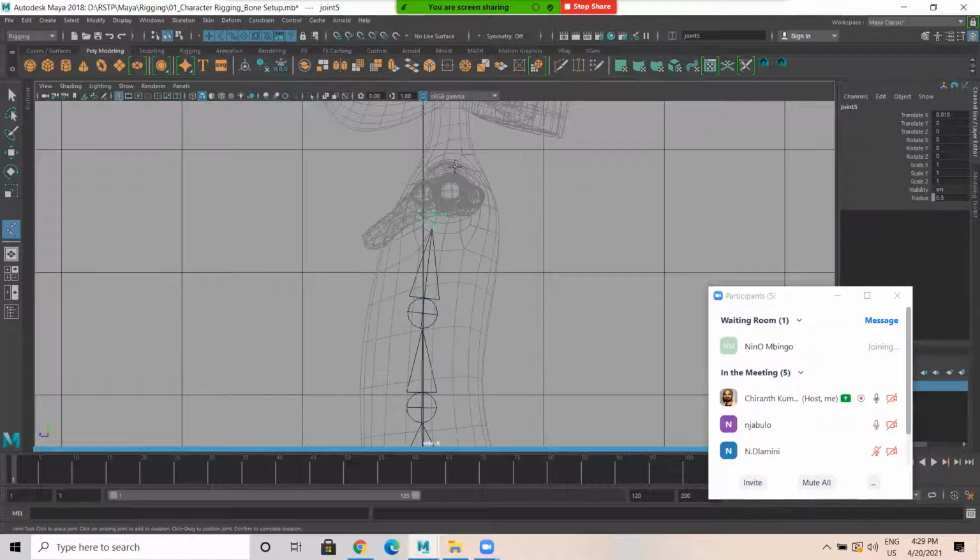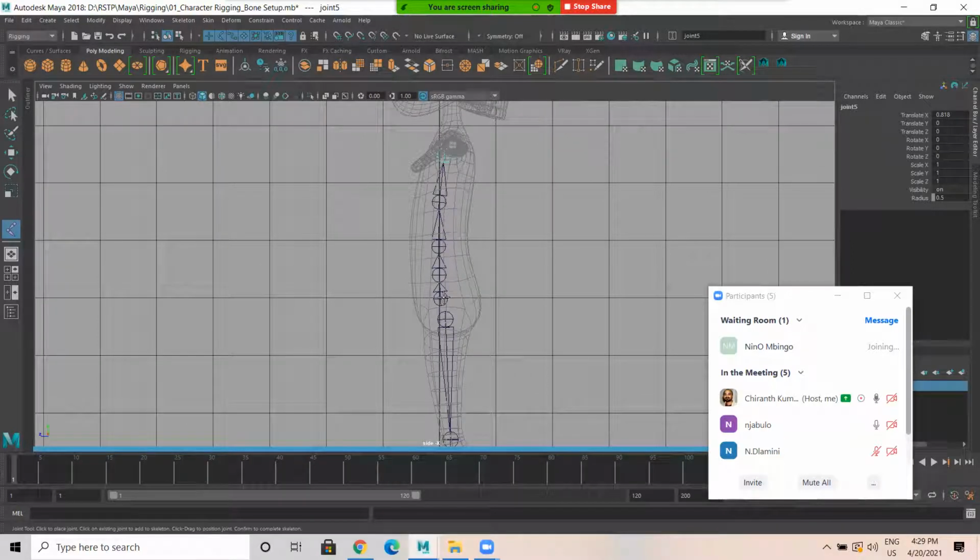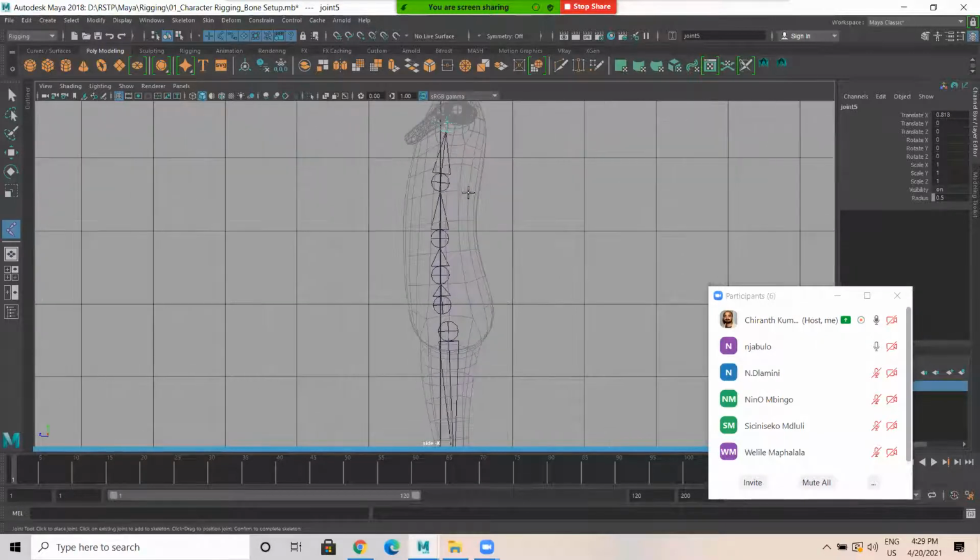So basically, 1 2 3 4 5. I'll place cog later. There have to be 5 joints here. I'll create cog later. After these 5 joints, these are spine. Assume spine 1 2 3 4 5.